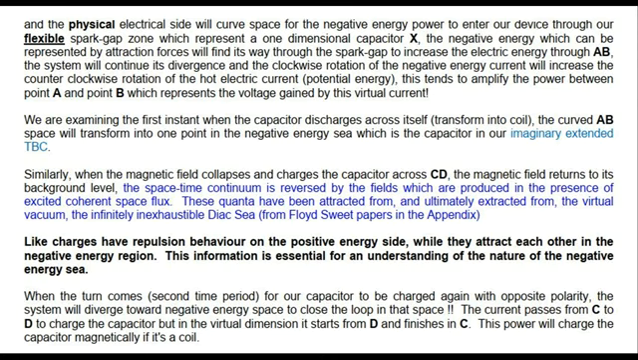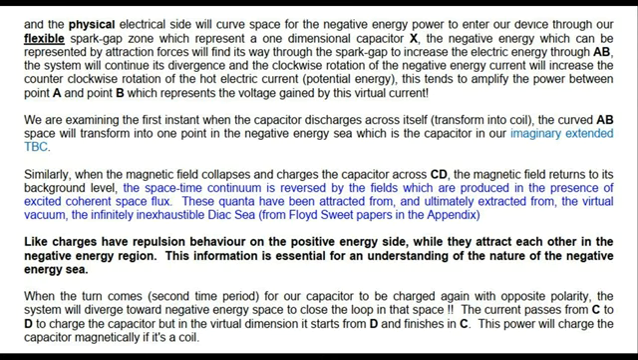The system will continue its divergence and the clockwise rotation of the negative energy current will increase the counterclockwise rotation of the hot electric current, potential energy. This tends to amplify the power between point A and point B which represents the voltage gained by this virtual current. We are examining the first instant when the capacitor discharges across itself, transform into coil. The curved AB space will transform into one point in the negative energy C which is the capacitor in our